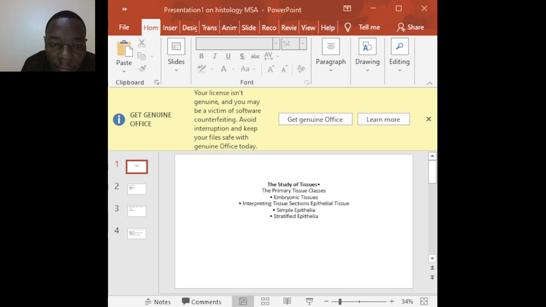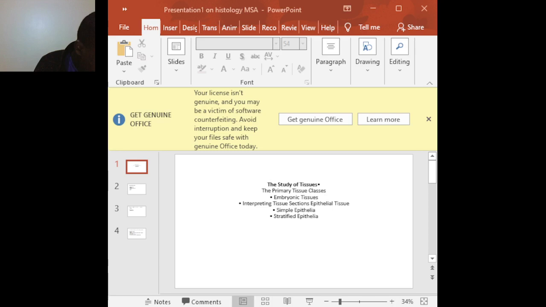I want to give you all these ones, and then I need to give you some images at least, maybe you can recap what we are discussing in detail. So why are we talking about all these things after all? Just to remind us of what we're supposed to be having. Now, we still have simple and stratified epithelial, but I hope that in this region, simple epithelial and stratified epithelium, you've done them for quite a duration. So just to brush over, when we talk about epithelial tissue,